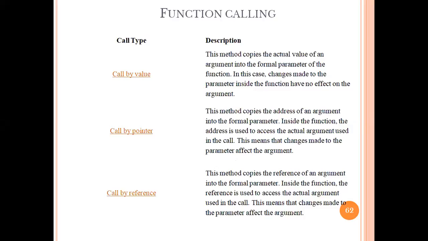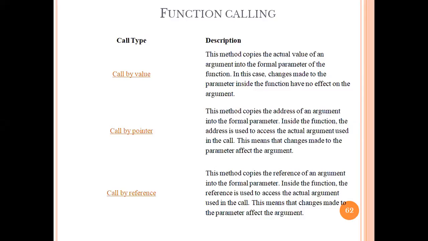Call by reference is nothing but this method copies the reference of an argument into the formal parameter. So inside the function, the reference is used to access the actual argument used in the call. Reference is nothing but a simple address. In call by pointer we use both concepts: the reference means address, and to access that reference we use the pointer.